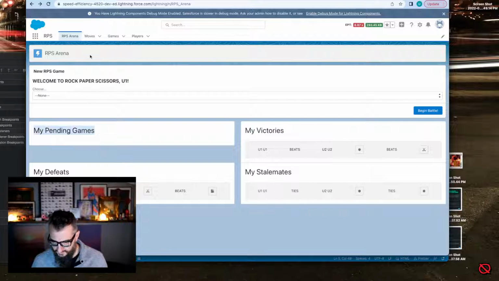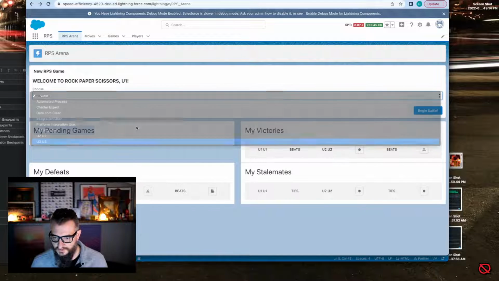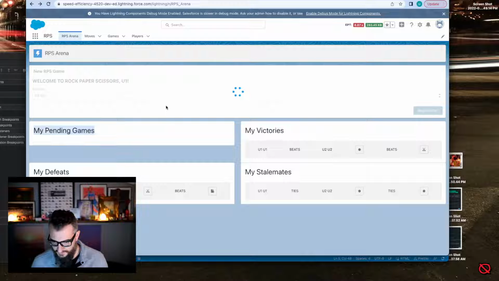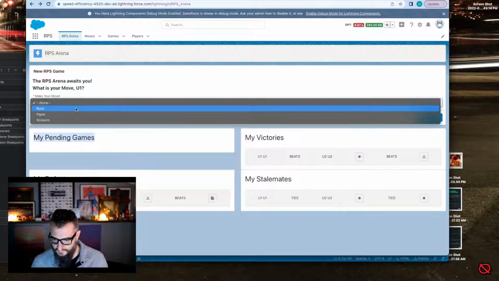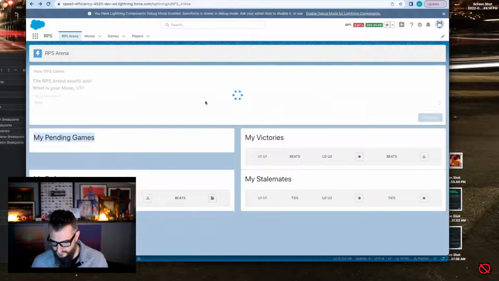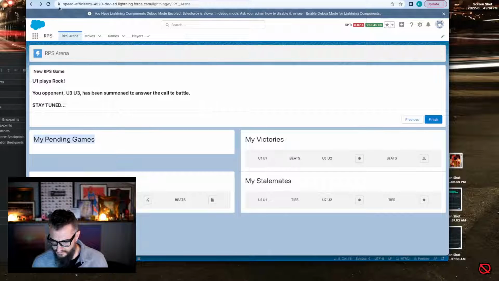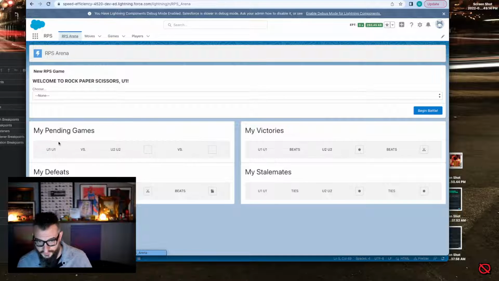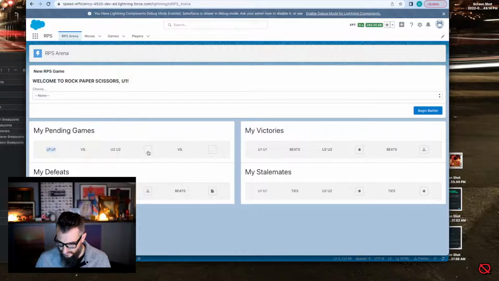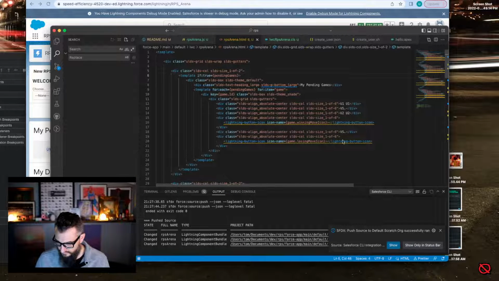All right, I don't have a pending game, so let me start one just so I have something out here to test this UI with. And play rock. Okay, pending game. We know who we're playing. We don't know what move they've made yet, so we got to tweak the icons here a little bit. I know what I played,